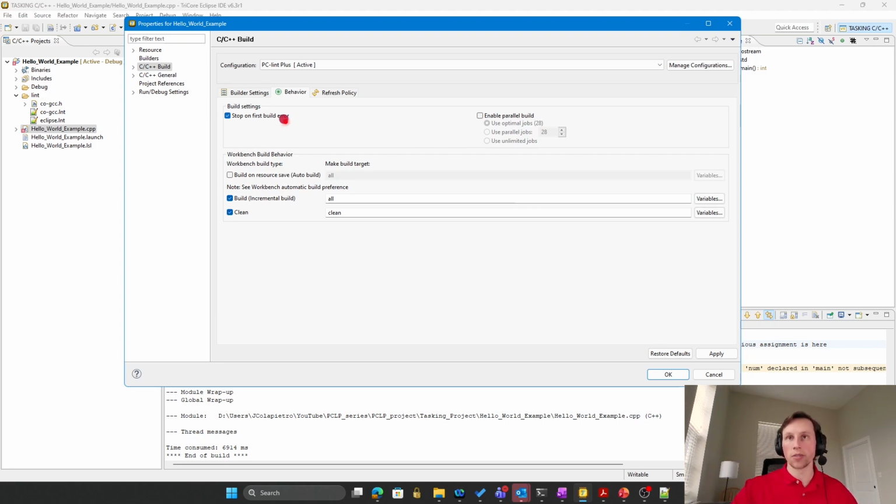Leave this stop on first build error checked. And then we're going to want to uncheck build on resource save auto build. If this is checked, uncheck it. And then we're going to uncheck clean as well. All right, the last thing we're going to do for this build incremental build, we're going to get rid of all here. And there's one more thing in our PC-lint documentation that we're going to have to copy and paste